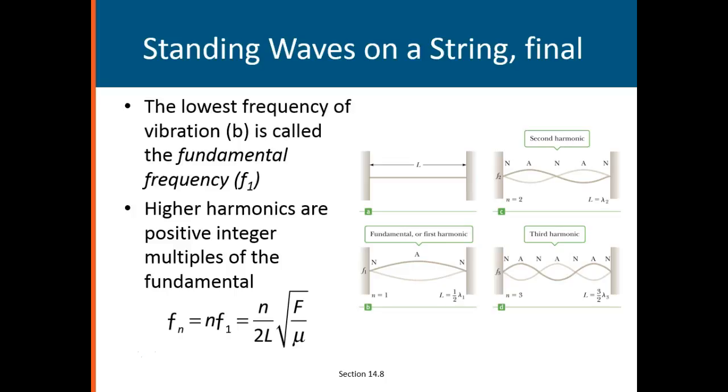Let's see if they even mention that here. I hope they do. Okay, alpha is the tension in the string, and mu is the mass per unit length, which is called linear mass density. So that's your formula, and it's given at the bottom in 14.7, bottom of the page,